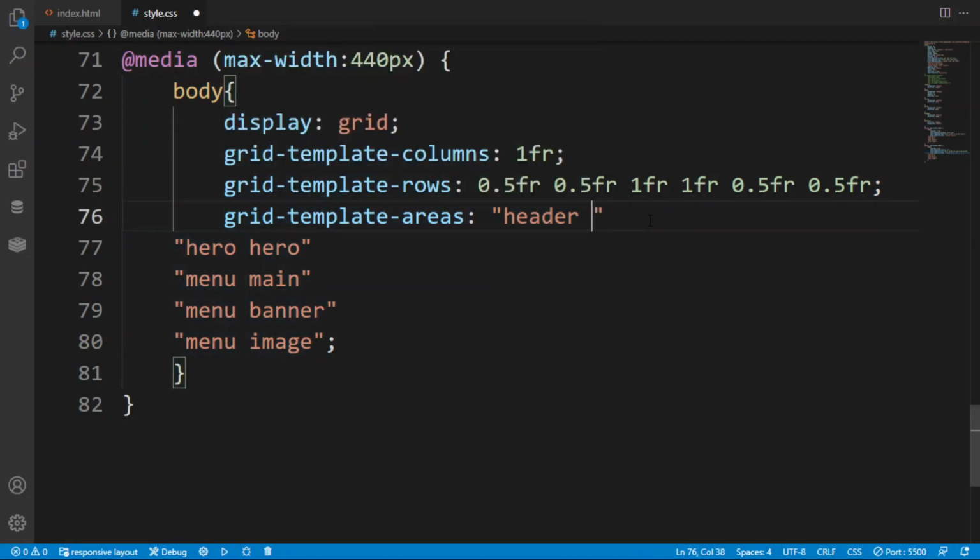So here in this, just cut this part, because first we have only the header, then after that we have menu. Cut this part main.